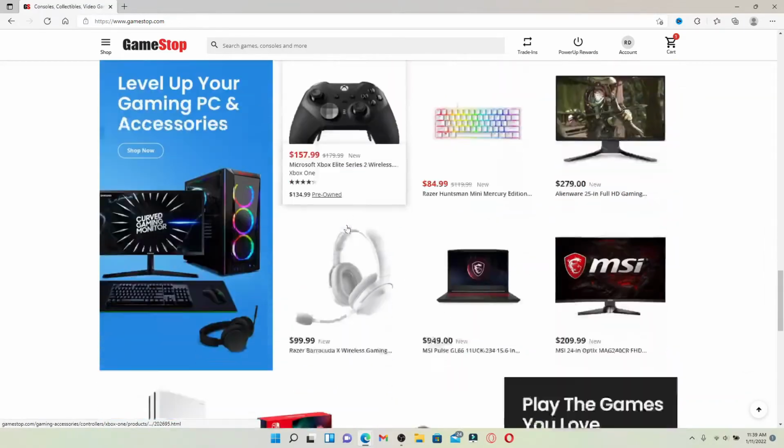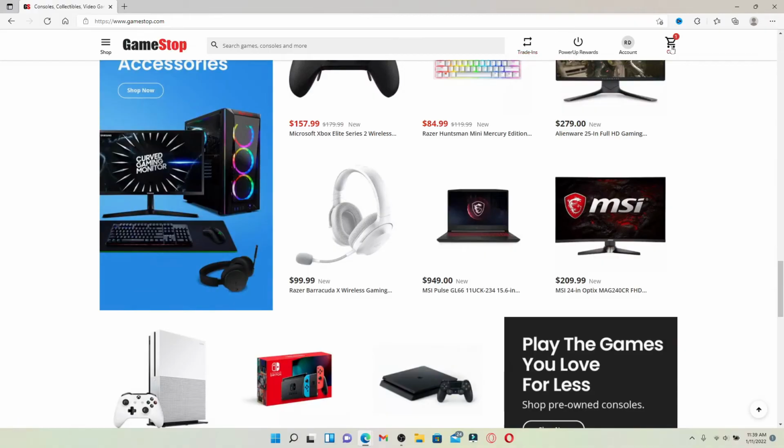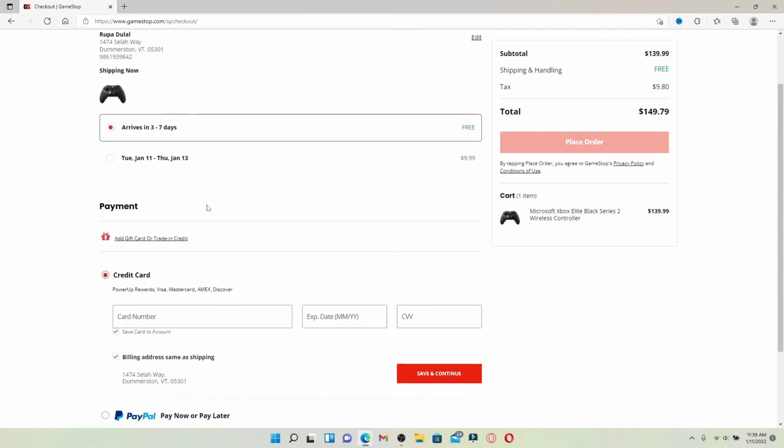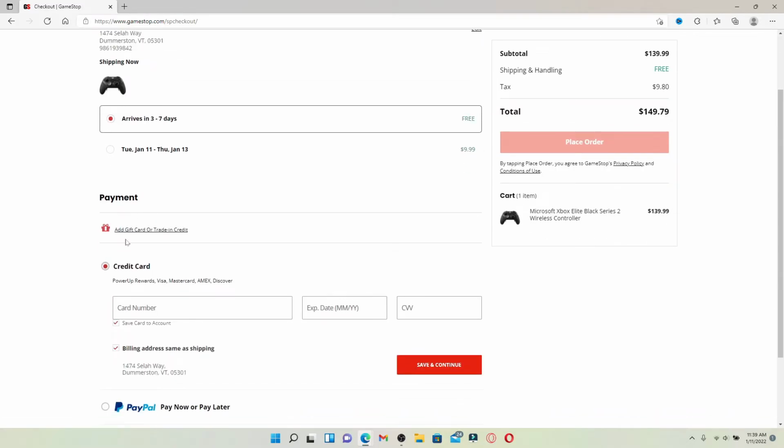Add a product to your shopping cart, and once you've done that, click open your shopping cart. You'll be able to view the product that you've added in the basket. Click on proceed to checkout in order to end up in the checkout page. Here, go ahead and enter your shipping information, and right under where it says payment, you should see an option